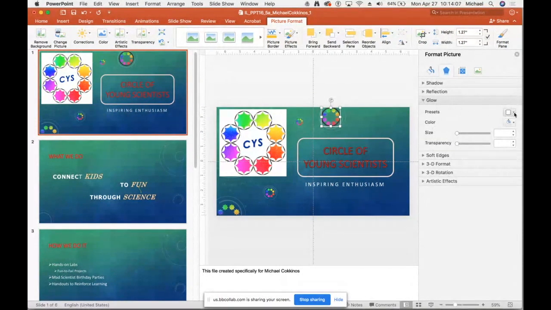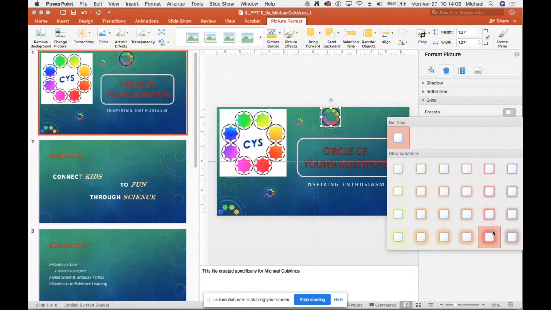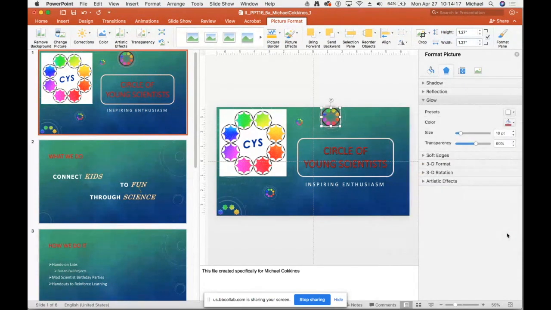We're going to look at these presets. And I think the ones on the bottom are the 18-point ones. Yeah. So you got to go to one of those guys. I'm not going to go crazy with every little thing, but you get the idea. And then the next one is